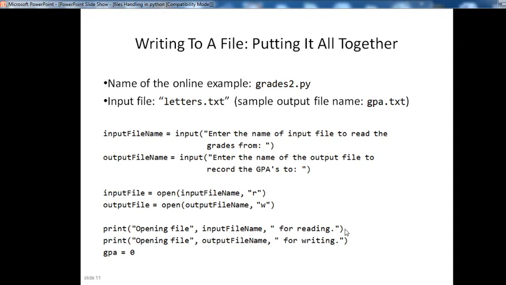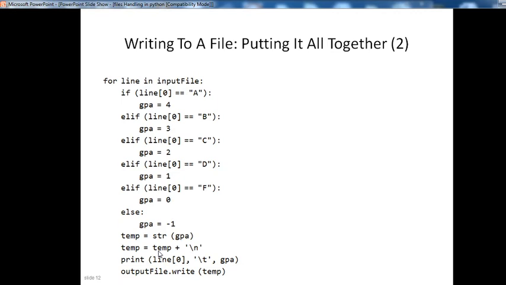Here is a combination of two files, reading and writing, both combined, for your input and output. Then input_file = open(input_file_name, "r"), output_file = open(output_file_name, "w"). Print opening file input file name for reading, print opening file output file for writing, and GPA equals 0. Again continue, writing to a file, putting it all together.